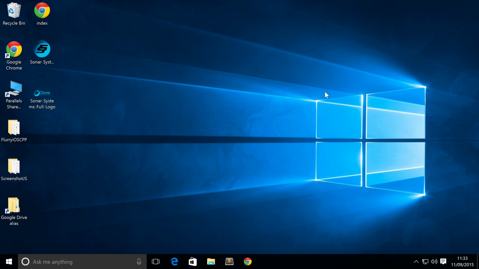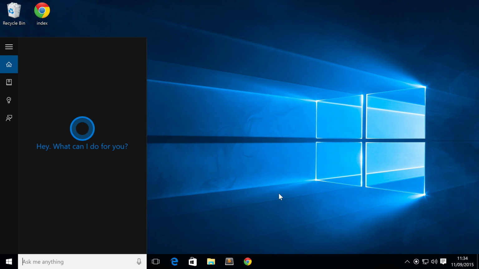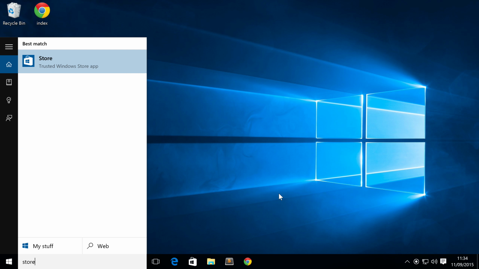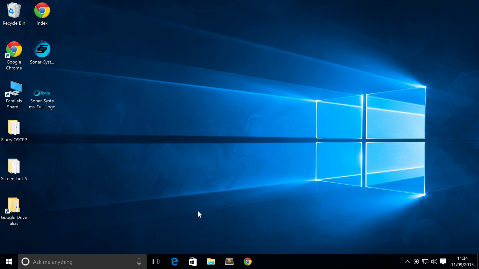Hello, in this Windows 10 tips and tricks video, we are going to look at the store in Windows 10. So the store is just this little icon right here. And if it's not on your taskbar, on your desktop or start menu, you can just easily search for it. Just put in store and there we go. It's that icon right there. So I'm just going to open it via